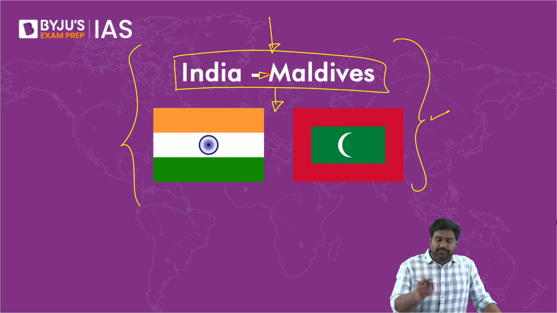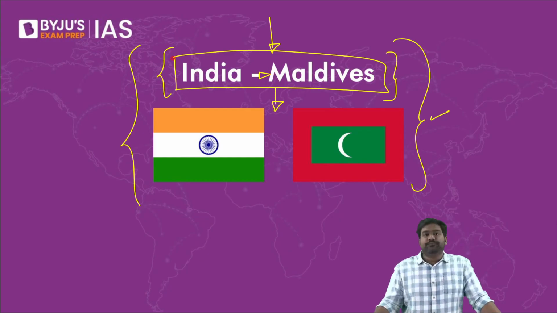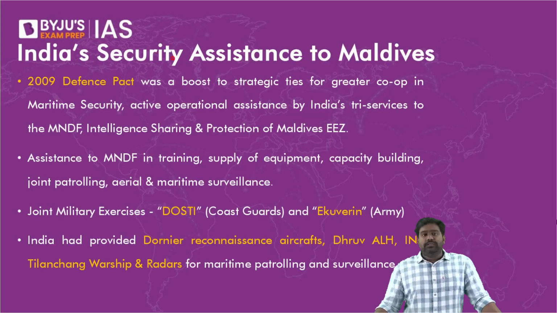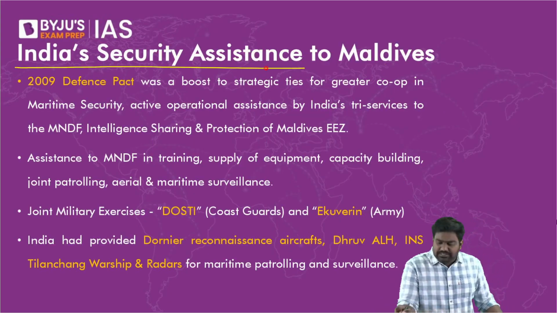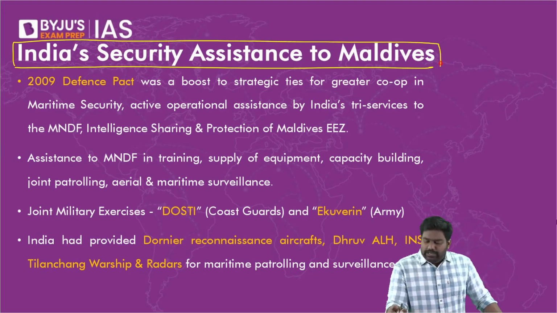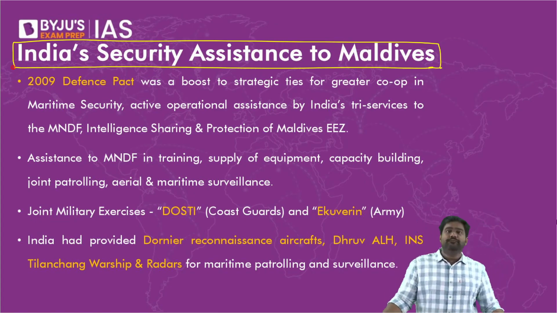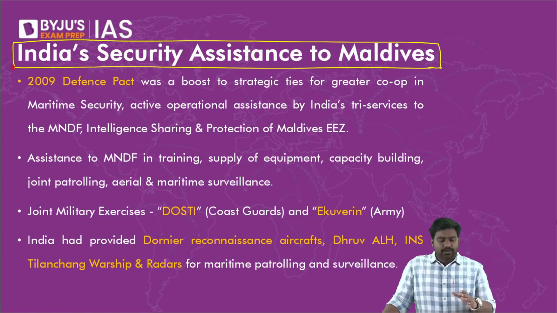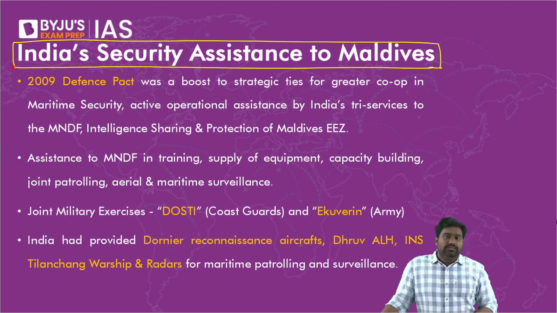From a defense security point of view, these small countries are critical for Indian interests. So let's start with India's ties with Maldives. Let's see what kind of relations we have developed with this small country. If you look at the Indian Ocean map, which I had shared earlier in the previous module, you will notice that Maldives is barely visible on the map. That's because it's one of the smallest countries in the world.